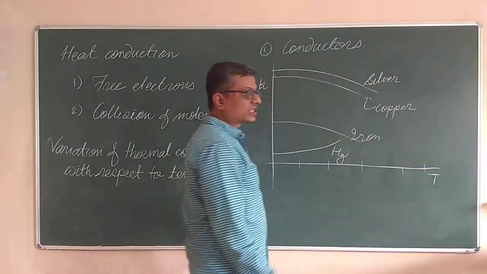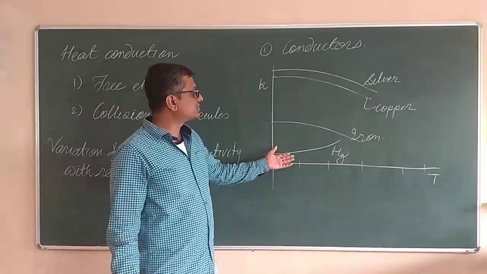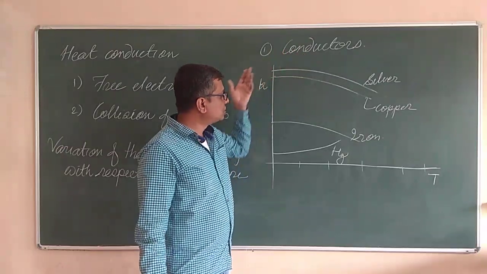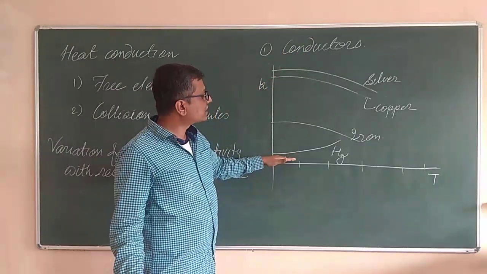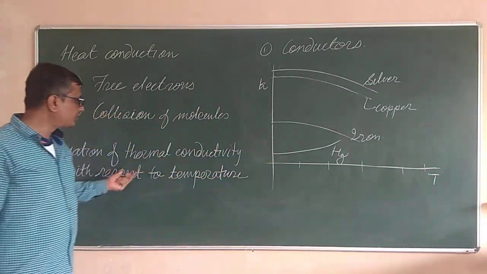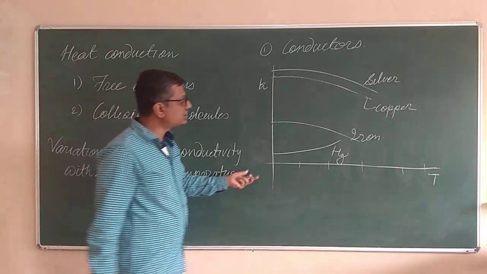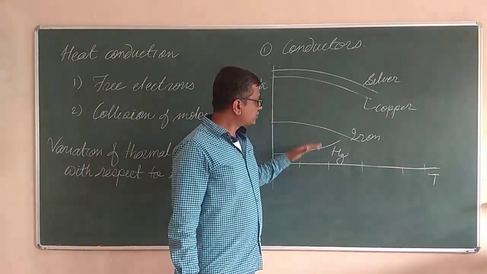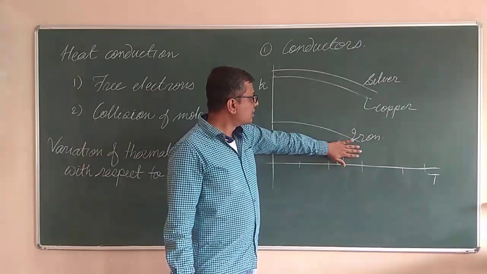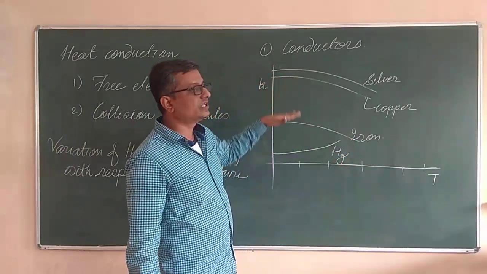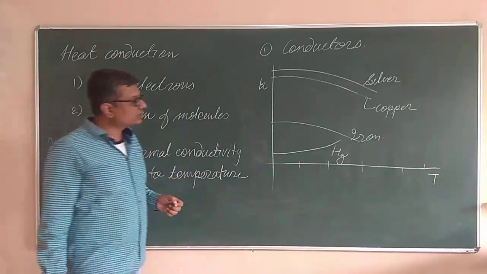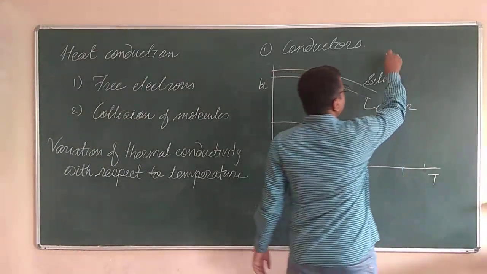In case of mercury, the mercury is a metal and it is a conductor of heat, so we are going to categorize it into the conductors, but the behavior of thermal conductivity of mercury is a little different and strange compared to other metals. In case of mercury, the thermal conductivity is increasing with respect to temperature. This is the exceptional case, but in the rest of the cases, the thermal conductivity is decreasing. Now the question is why it is decreasing. I will explain it.